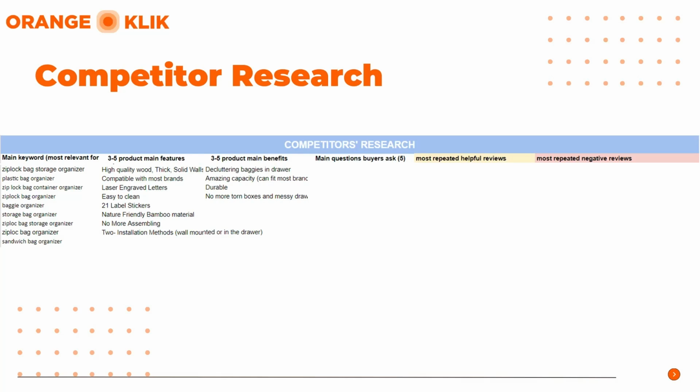their target market. So what are the main questions that buyers ask? You can find this in the customer reviews in each of those competitors' listings. Then you will be able to see the main questions that they commonly ask. From doing that competitor research, we were able to see that the questions were: is there any peculiar smell? So they are looking at whether having this type of sandwich bag organizer will produce a smell when storing those baggies, or is it dust proof?